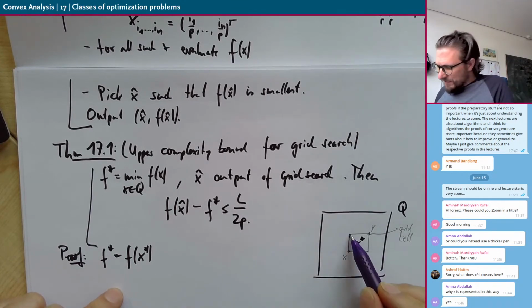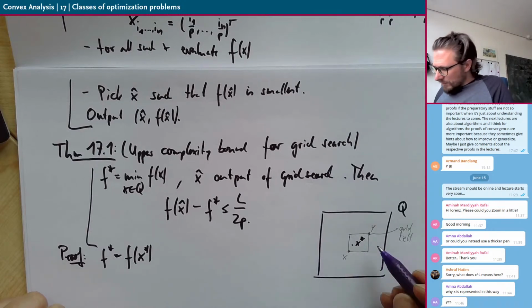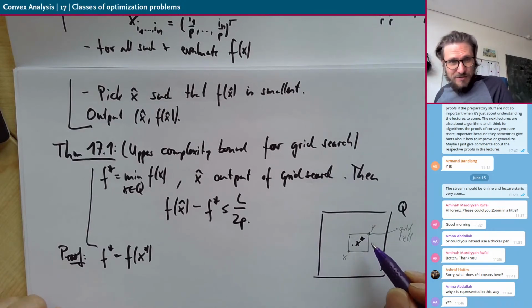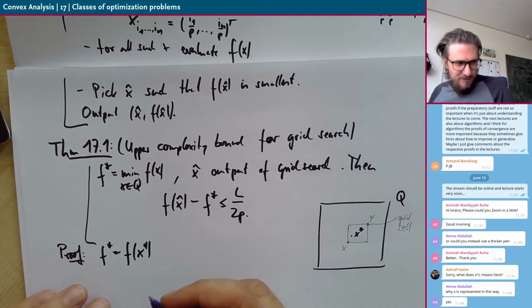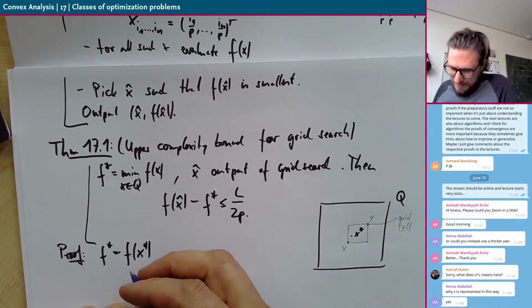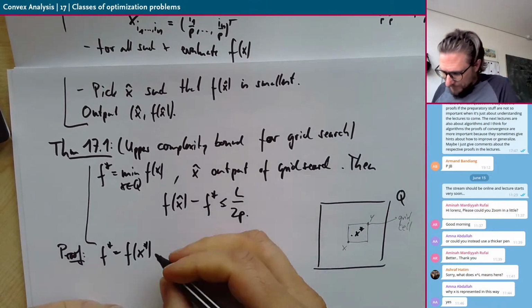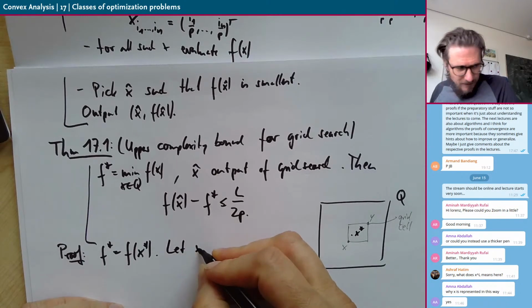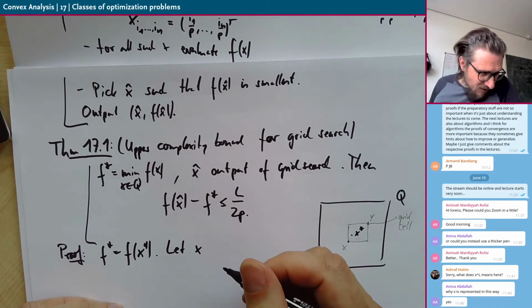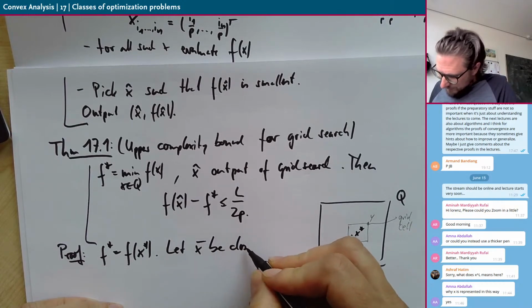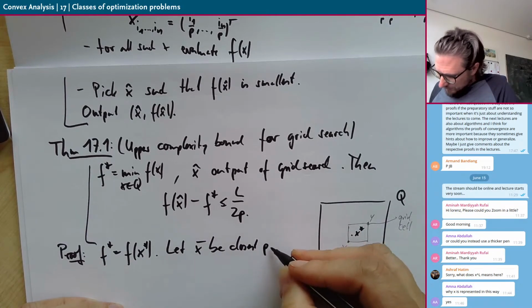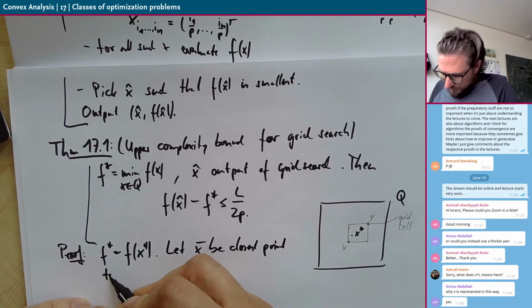The algorithm can only check the points on the grid. So now we choose the closest point on the grid to x star. Let X bar be the closest point to x star